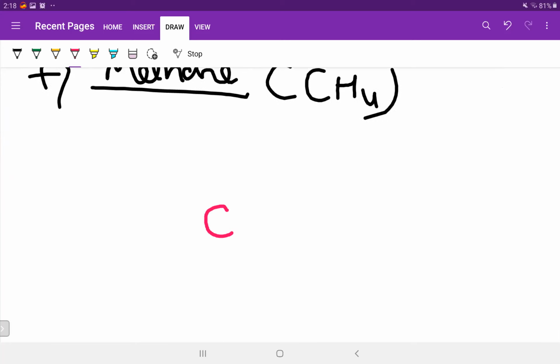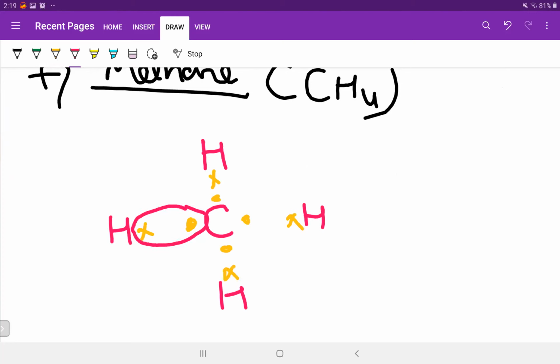So make a single isolated carbon here and 4 hydrogens surrounding it. Carbon is having 1, 2, 3, and 4 as its valency. Hydrogen is having 1 in its outermost shell, so it will